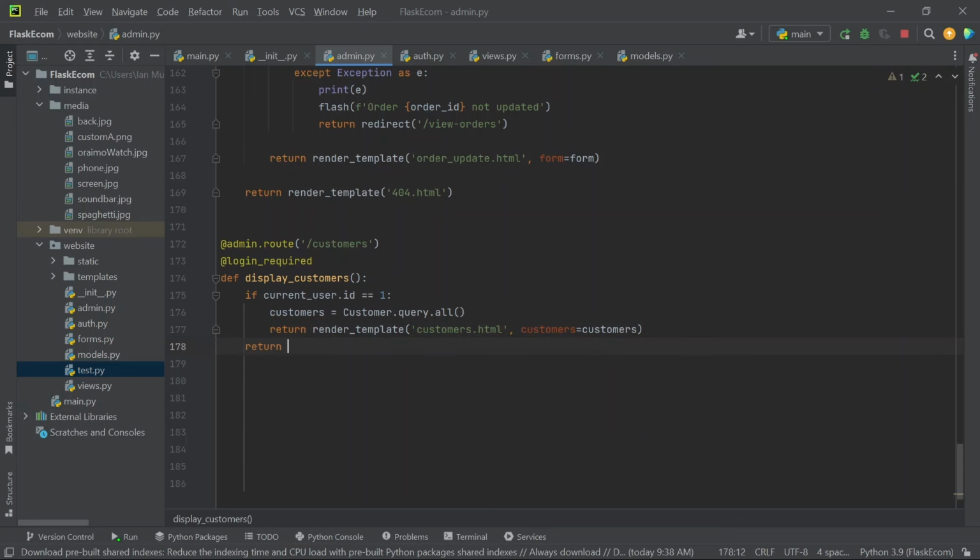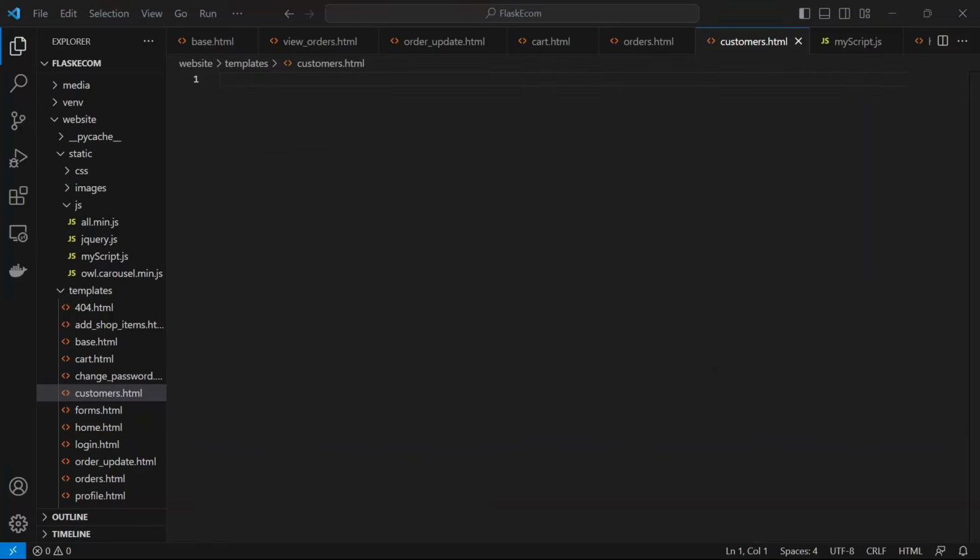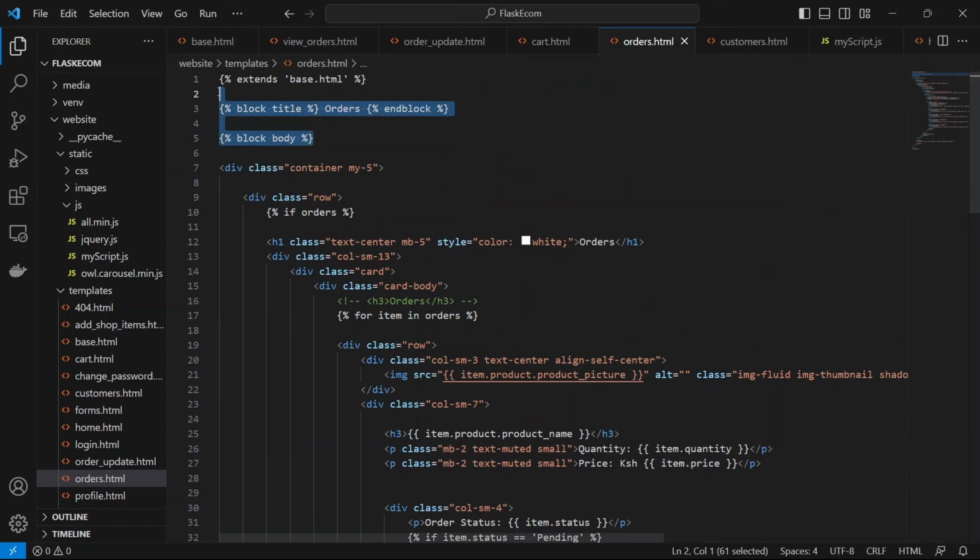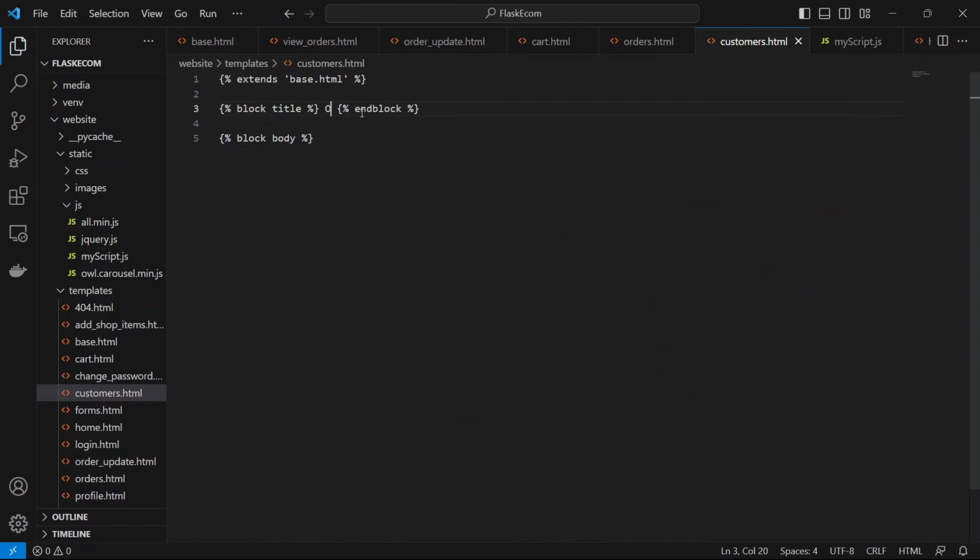Otherwise, you're going to return render_template for 404.html. So you need to design the template for displaying the customers. I'm going to copy this part, and instead of orders, I'm going to put customers, and inside the body block,